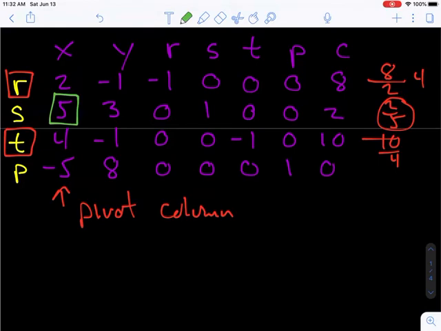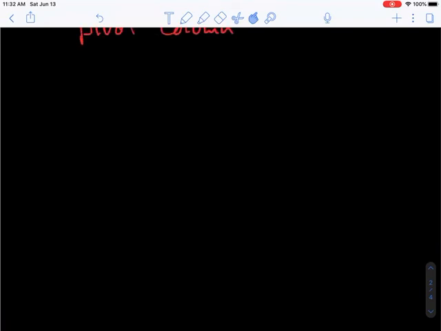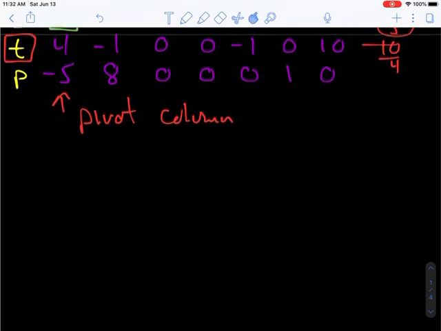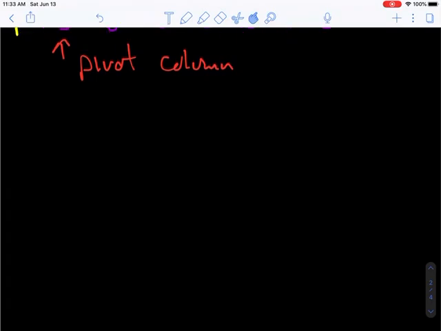That's really all I wanted to do in this video, is just show you how to get to the initial table, how to identify the negative active variables, and then how to determine what your pivot is. In another video, I will actually go through and continue solving this. So let's just do one more example. And let's say we want to minimize